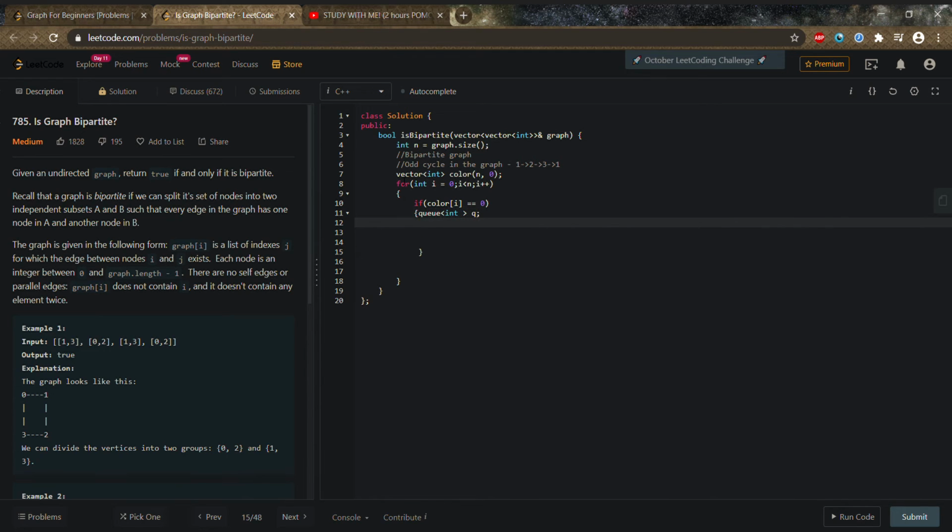Now we'll make a queue, and first we'll push the ith node in it, and let's say color of i is equal to 1. Now, in our trivial BFS approach, we'll have a vertex that is in front of the queue, and we'll pop it out.